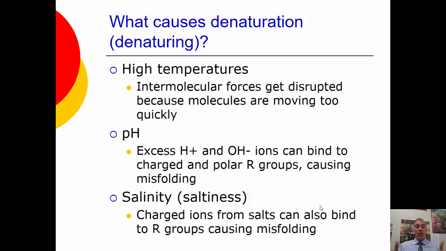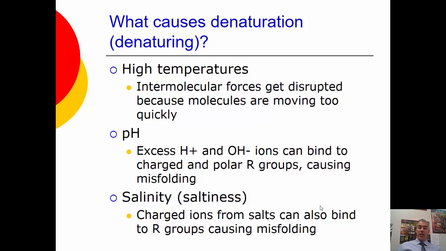So it'll no longer work. The shape changed. pH, adding hydrogen ions or OH negative ions to things will cause it to stick to different charged and polar groups, causing it to misfold if it's in the improper environment. For example, some things do function better in acidic places. Those proteins are meant to be in acidic environments, and they fold properly in those environments. If they are in a basic or neutral environment, they won't fold properly.